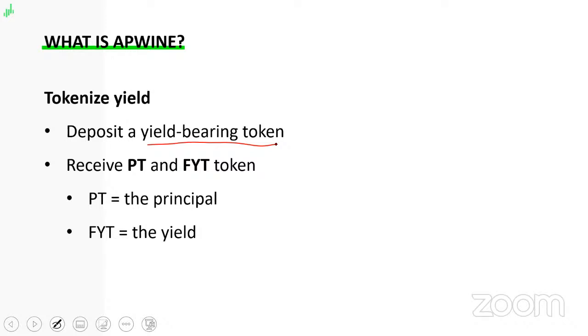But aUSDC is different because it's a proof that you are lending your USDC on Aave. So as you may know, if you have 1 aUSDC at one block, maybe a few blocks after, you will have 1 point something. So this is what is called a yield-bearing token. When you deposit funds in a money market like Uniswap or Curve, it is also a yield-bearing token because this token accrues trading fees. And of course, it goes the same since now we speak about Jarvis.